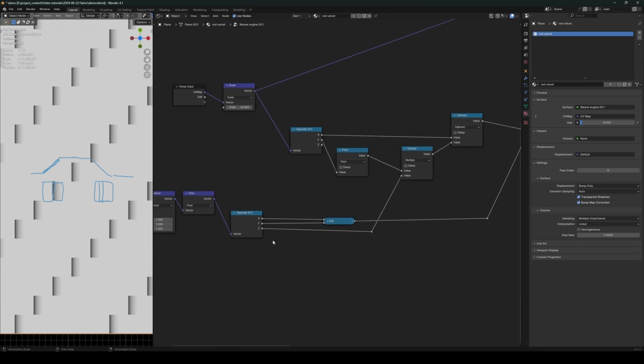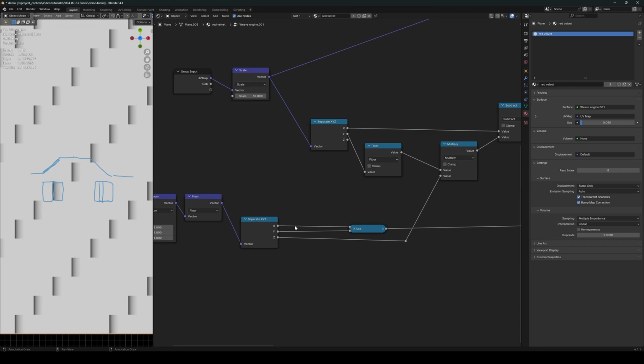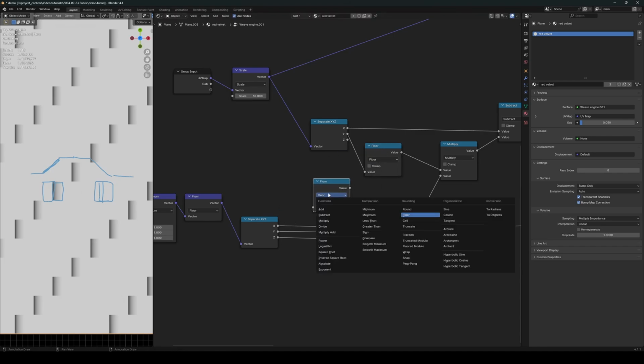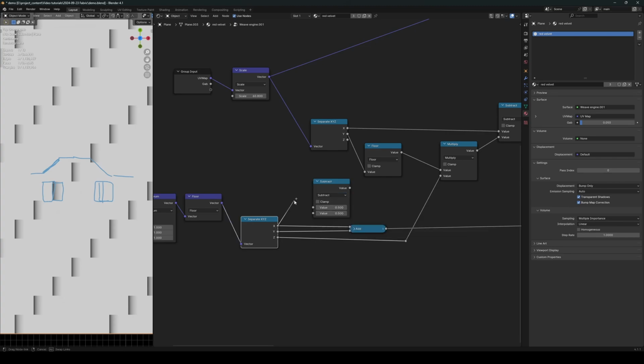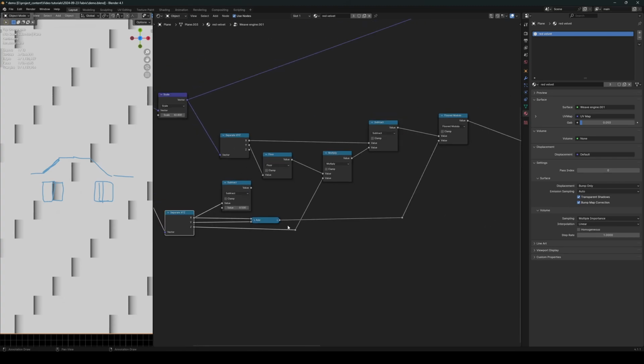Okay, so anyway, let's go back here at this X value. Okay, we will create a math node, and this time we will use a subtract node. There we go. And this will subtract by 0.5. And let's move it here and manage the wire a little bit,